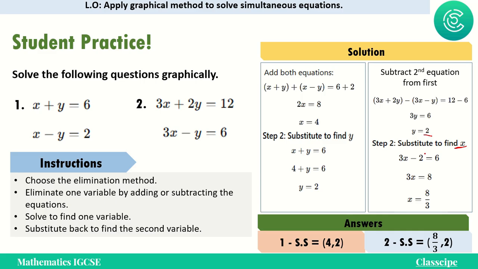Okay, now this 2 is the value of y. Minus 2 will come to this side, it will become plus 2. Then 3x will be equal to 8, and then x will be 8 by 3. So we have two values, x is 8 by 3, and y equal